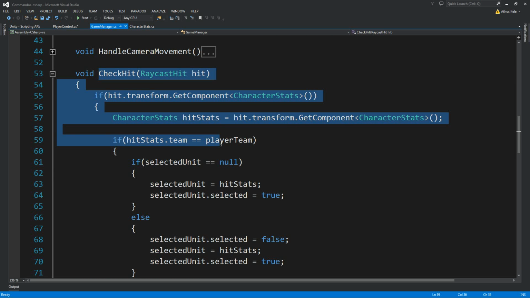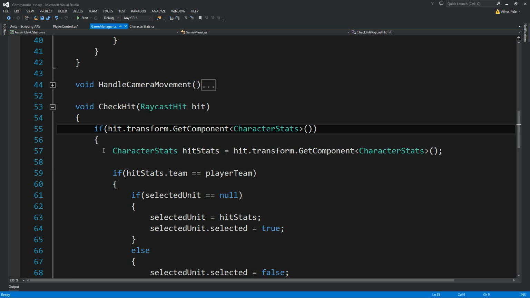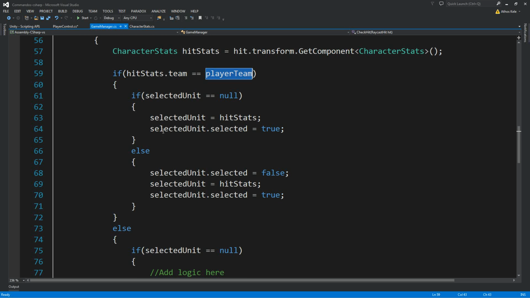is under this function. So if the hit that we did, if we hit something that had the component CharacterStats, that means we hit a unit. Now we store it because we're doing some checks. Now we check if the unit that we hit belongs to the player team. So if we basically clicked on a unit,